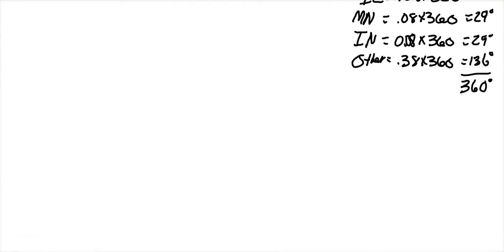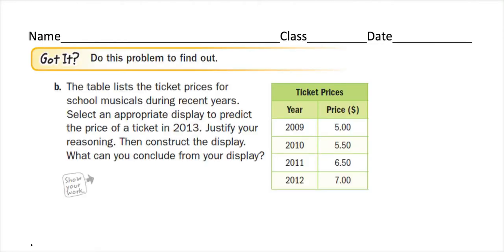If you need to catch up, go ahead and pause, obviously. On the back, it says, the table lists the ticket prices from school musicals during recent years. Select an appropriate display to predict the price of a ticket in 2013. Justify your reasoning, then construct the display. What can you conclude from your display? All right, so for this one,